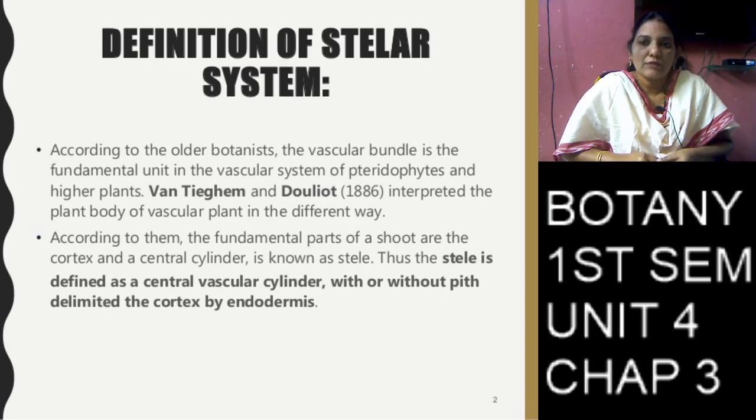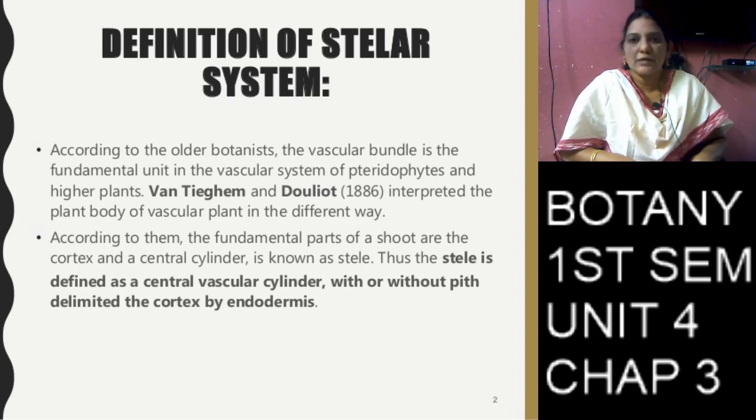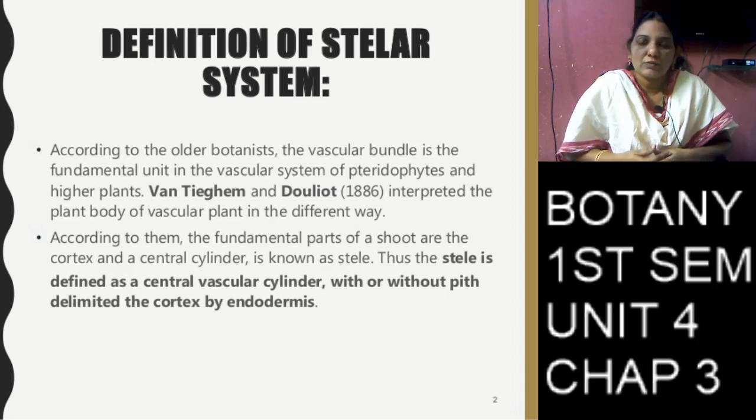So in Thallophyta, in cryptogams, all botany students know cryptogams and phanerogams. So the plant kingdom is divided into cryptogams and phanerogams. And then in the cryptogams, Thallophyta, Bryophyta and Pteridophyta. Thallophyta and Bryophyta do not have any stele, only Pteridophyta have stele. So Pteridophyta plants are called vascular plants.